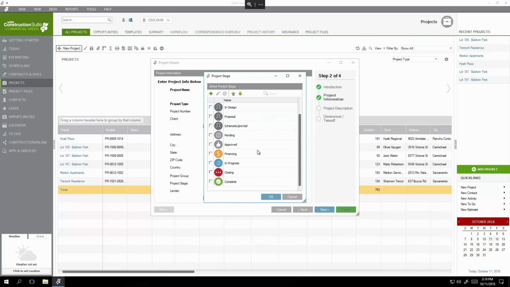And I say that it's customizable because, again, from here, you can go into and add, edit, or delete any stages that you find in the system. Now, the best use for your project stages would be your internal terminology for gauging where you stand on any given job. Judging by the workflow or the project stages that we have in here right now, you can see